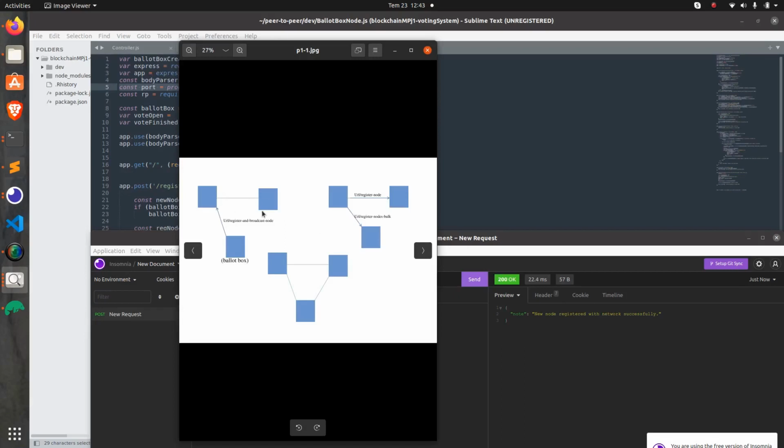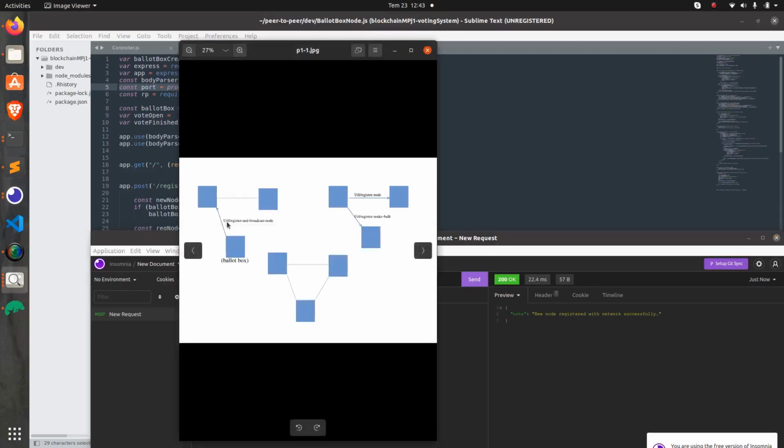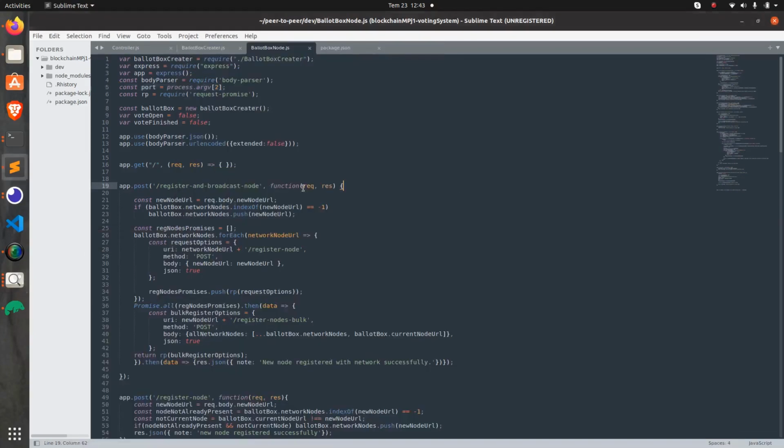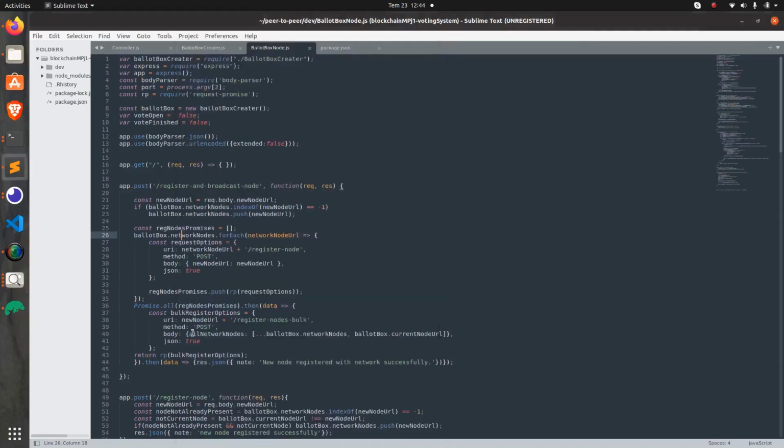Three of them are connected, and for the last one I'm sending the third one, which is called register and broadcast node. It registers the node and sends the incoming node's URL to the other nodes to connect them,